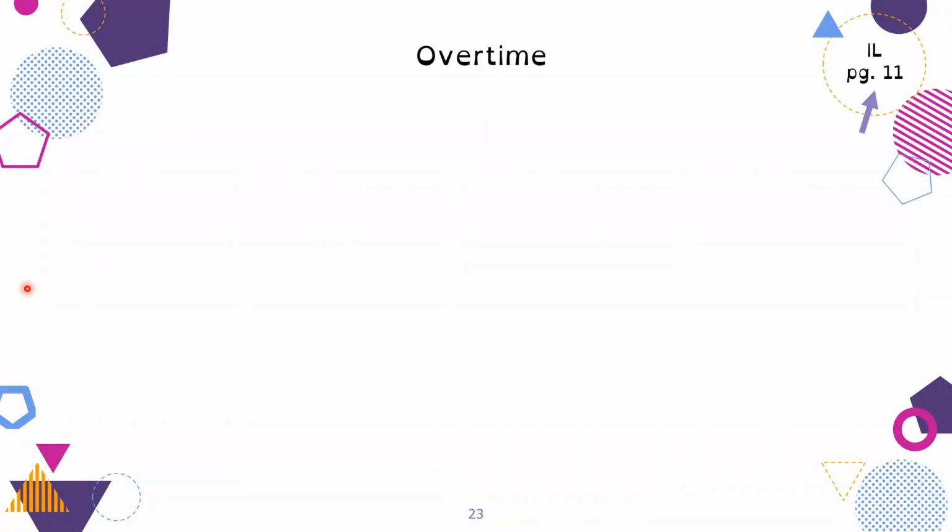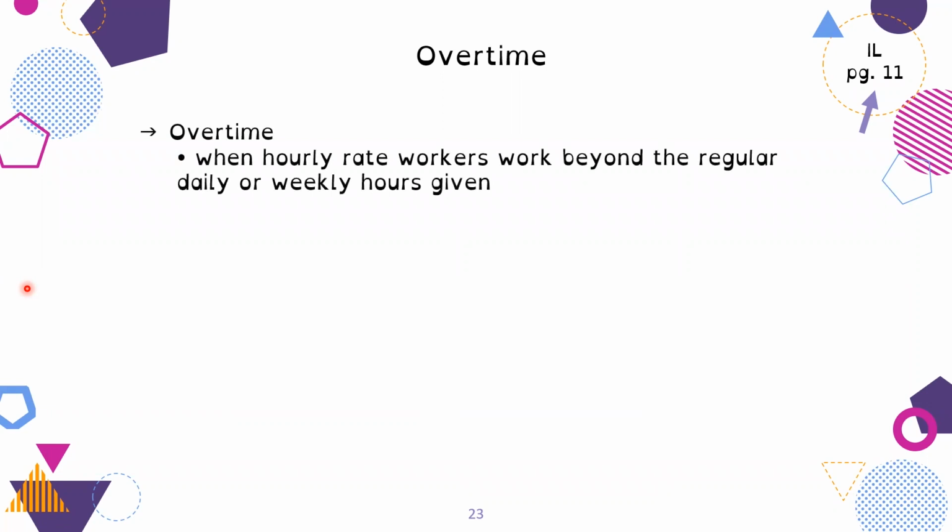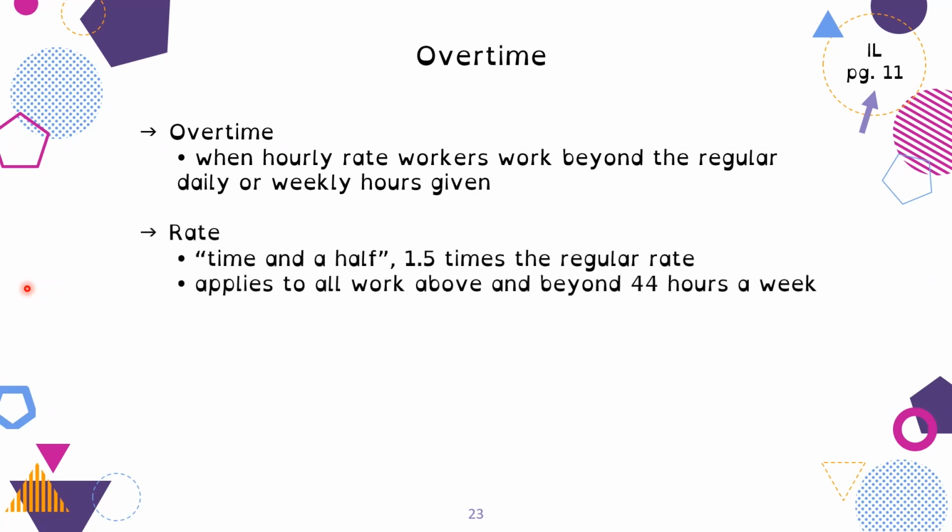All right. So then overtime, also on page 11 of your IEL book, is when you work beyond your regular daily or weekly hours. You generally have a set number of hours you're working a week, and this is how we're basing it on the shifts over the week. But if you work more than that, you get paid more, because legally work rights have been fought for so that people aren't being overworked and people get to have healthy lives outside of work. So if they are needed and they choose to work beyond the standard amount, then they get paid more for that work. Generally the rate is time and a half, as people refer to it, and it's 1.5 times the regular rate.